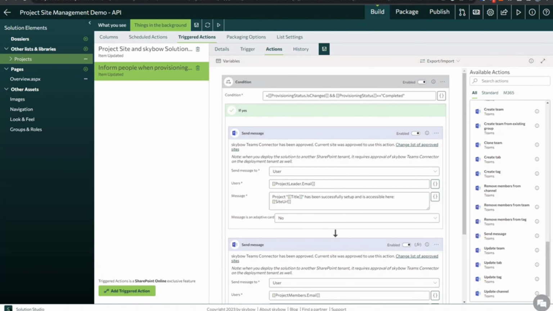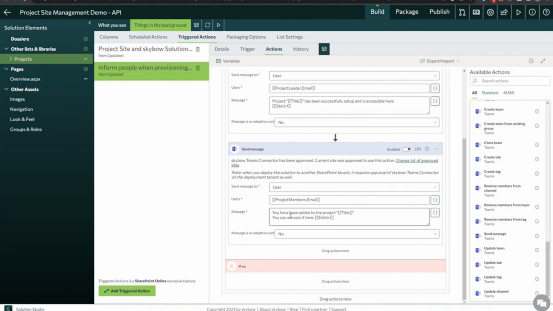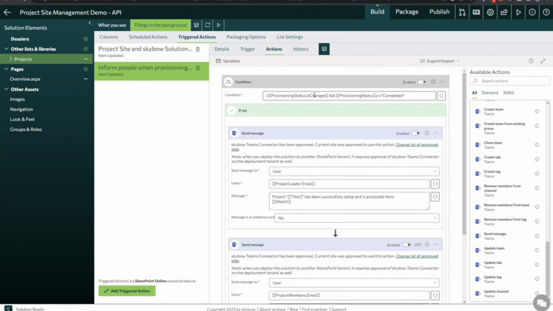And the second one is an email to all the members. And here I can simply use this people picker. It's a multi people picker column, and I can use the email addresses. And then it sends a message to those people. So that's the notification once the status is completed. And the first one